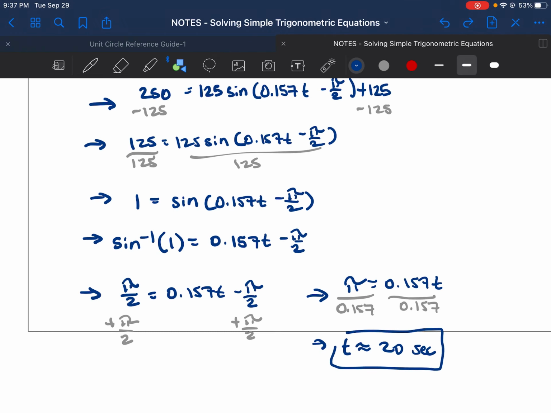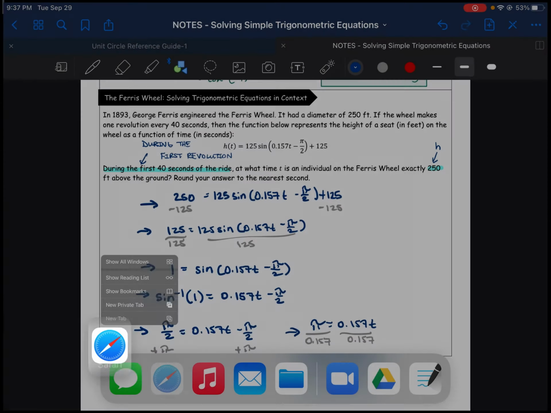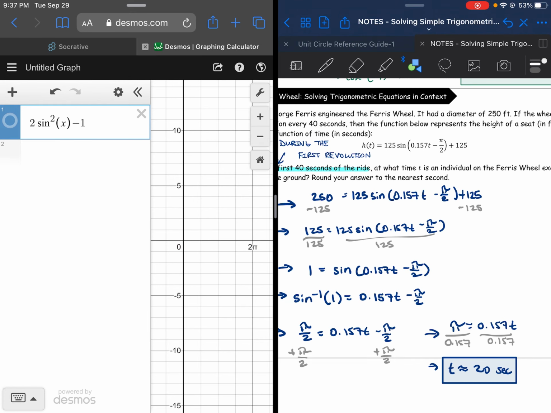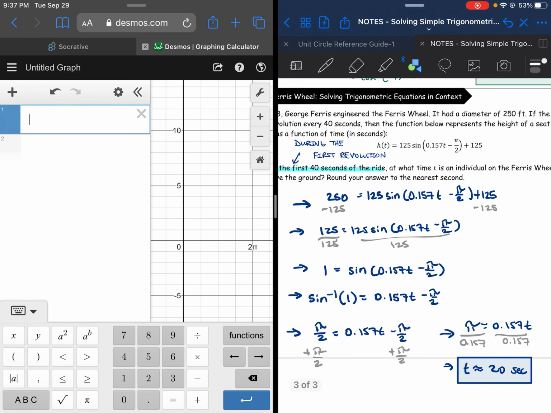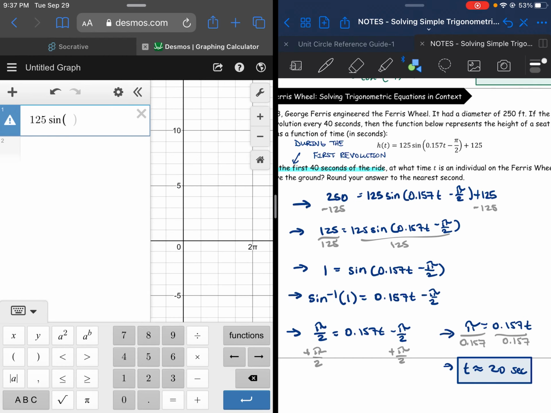Now, let me show you how we can use technology, Desmos, to verify that. It's actually pretty cool how it works. So what we're going to do, let's go ahead and get rid of this here. Let's put in the equation that we started with, which was 125 sine of 0.157t, and again we're going to use x instead of t, minus pi over 2,